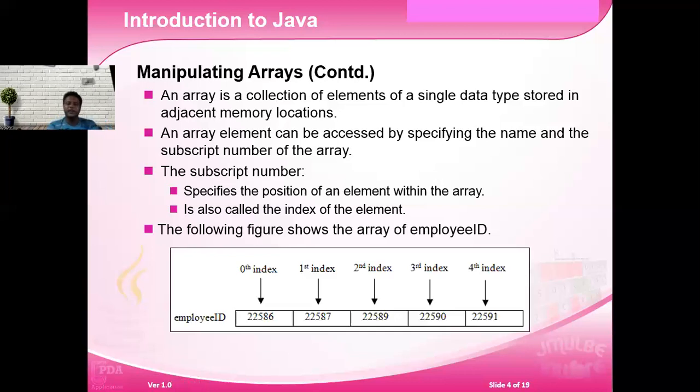It's just like in a seminar or a college, where a lot of students of the same category are there. Suppose they are all computer science branch students present in a particular class, and if you want to call a student, you call the student through the roll number. So that roll number is called the identifier, index, or subscript value.